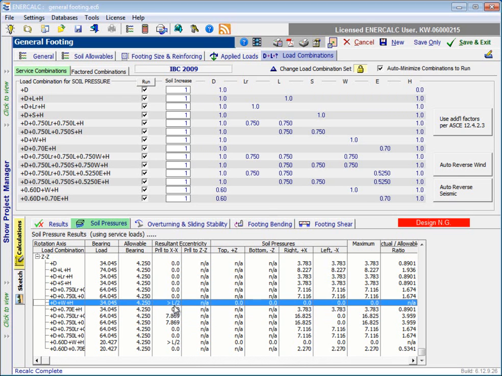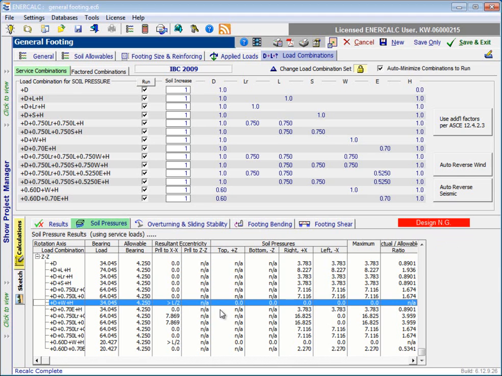Notice also that we have a couple indications in here of just pure instability, where the resultant is greater than L over 2. And again, we're aware of those at the present time. We know that our footing design is not complete, but we're just walking through at this stage